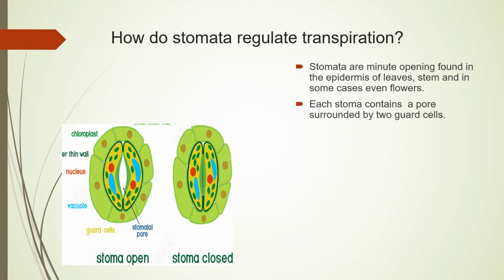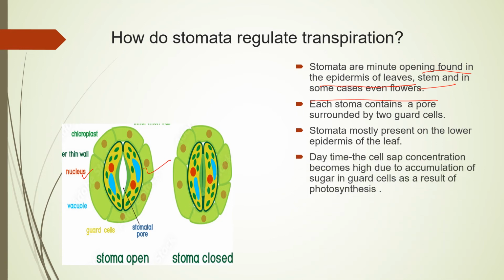So what is happening here? These stomata, what are these? These are minute openings found in the epidermis of the leaf, stem, and in some cases even flowers. Each stoma contains a pore surrounded by two guard cells. So these are two guard cells which are guarding the stoma, the opening or the pore. Stomata are present in the lower epidermis of the leaf. They are present in the upper epidermis also, but in large amount they are present in the lower epidermis of